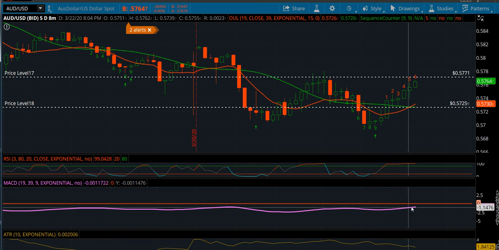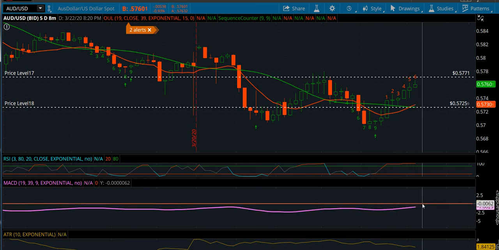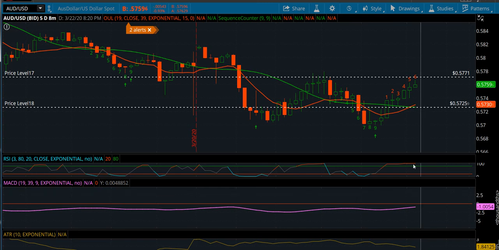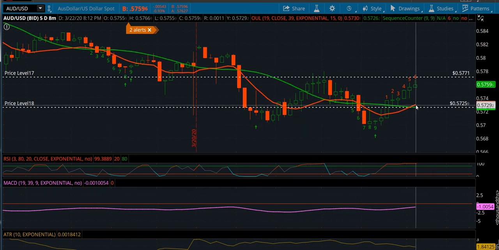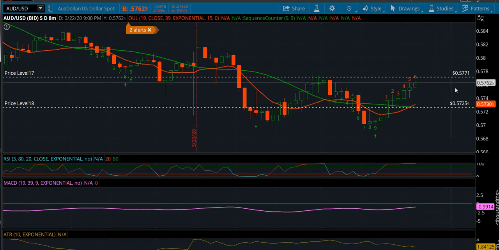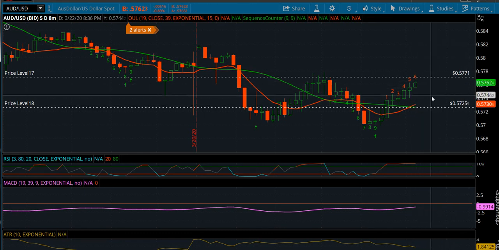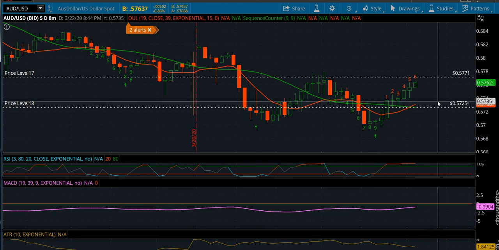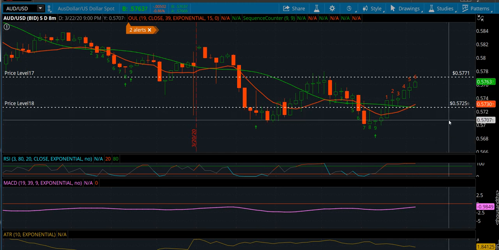When this line of the MACD gets to the zero line and crosses, the next expectation is for this red line and price to meet up with each other. This line might go higher as price goes sideways. Price could pull back, come back and kiss that red line. However it happens,